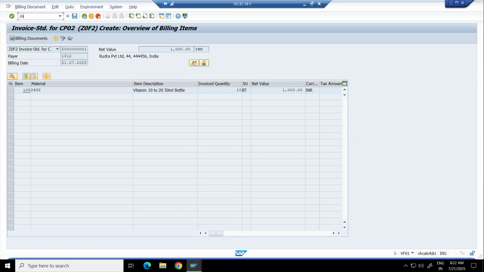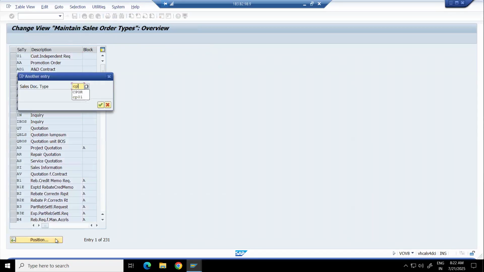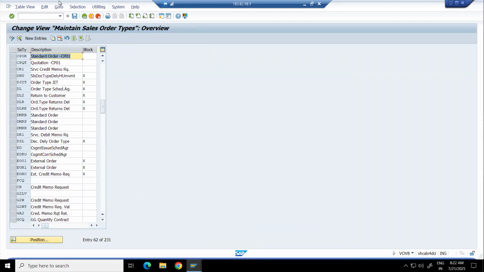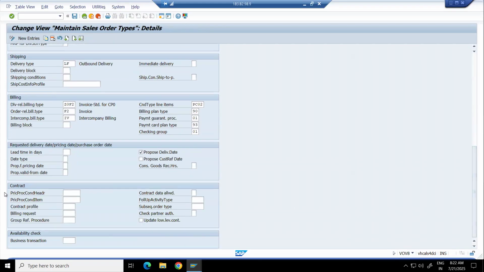Slash OVOV8. Okay. Go to VOV8. What is the order type we are considering? CPUR, right? Go inside this. Go to the billing section. Okay, billing type. So what is the delivery related billing type here? Z0F2 is mentioned, right? So this billing type is